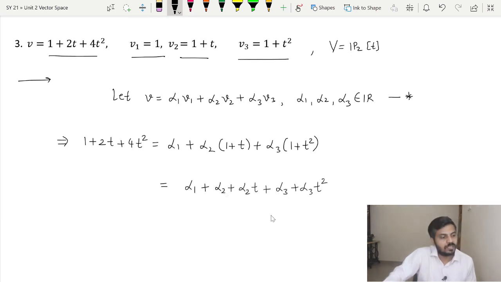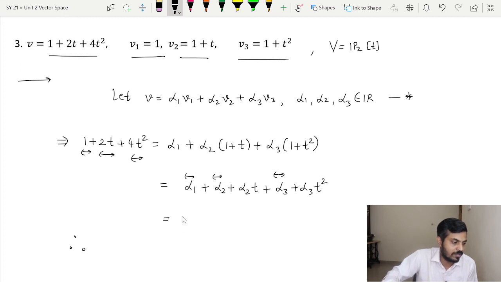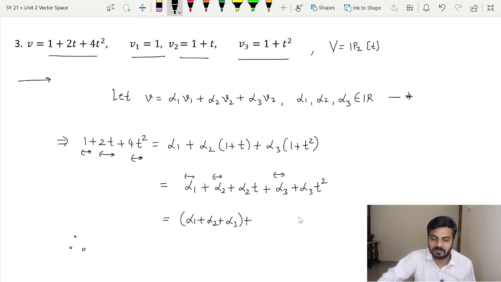So we can simplify it further. Now this is an important step. Just note how the polynomial on the left hand side is written. First of all, the constant term is written, then the term of t and then the term of t square. So the similar adjustment we have to do on the right hand side also. So first of all we will write the constant term, I mean the term in which t is absent. So such terms are 1, 2 and 3 present. So we will just combine them in one bracket. So this is an important step here. Once you understand this, then the rest of the things are similar.